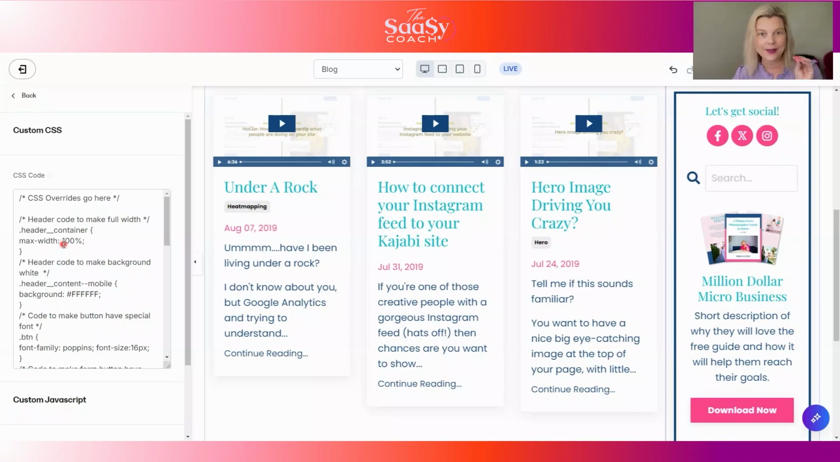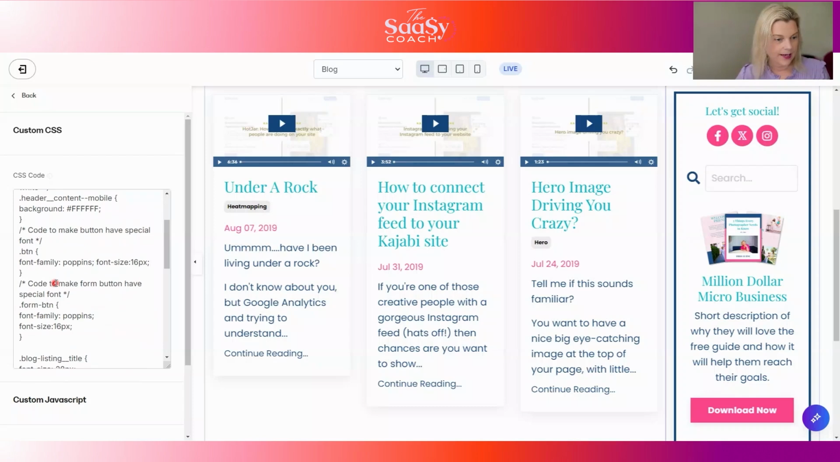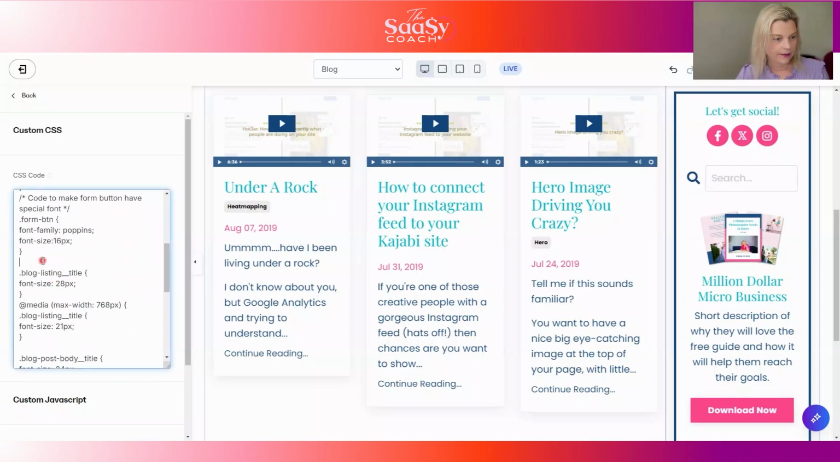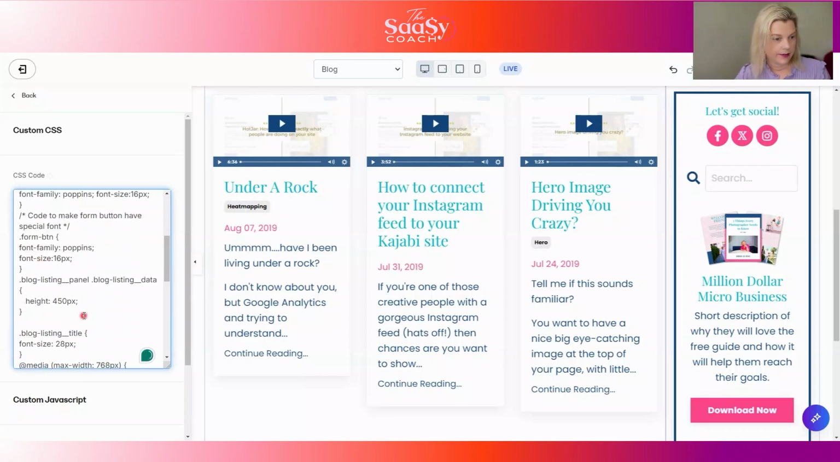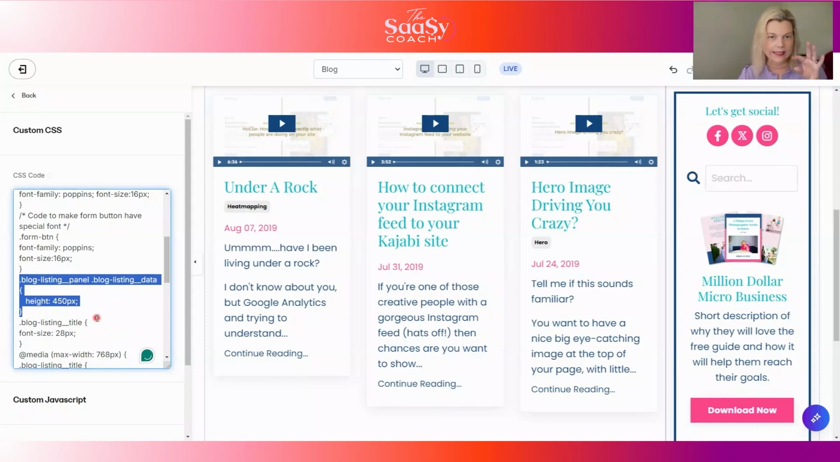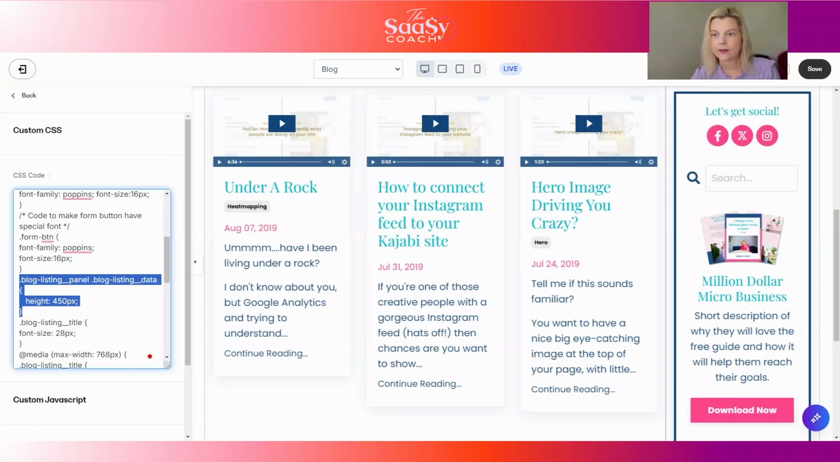All right, so that little bit of code from the workbook, I am just going to put it in here. And I'll just show you what we pasted. We just pasted this bit, okay? This blog-listing_panel code. And I've said that I want all of the listings to be 450 pixels high. Now, if I save this